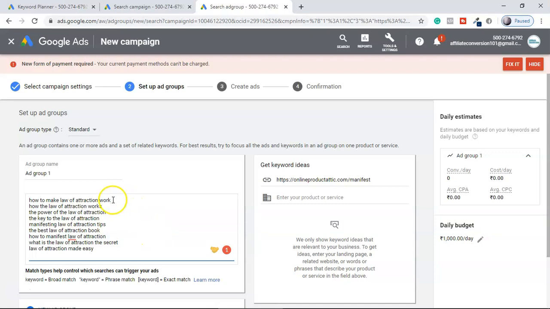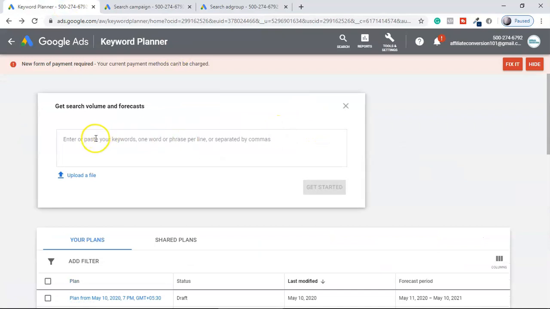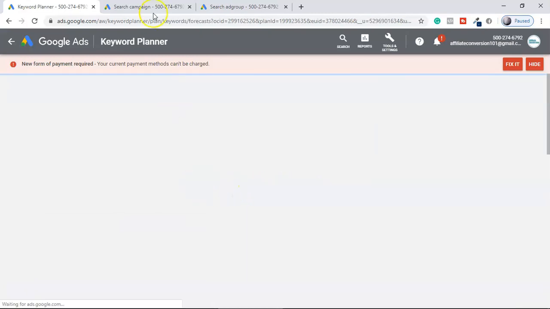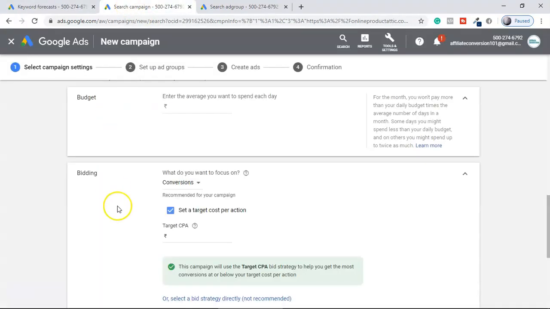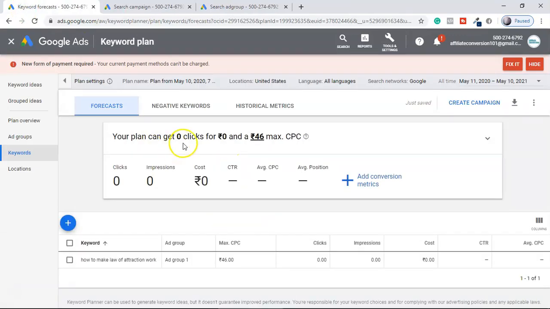Now, if you want to know the cost per click for each of these keywords, just copy the keyword and go to the Keyword Planner, and get the search volume and forecast by putting the keyword over here. This will help you get some idea about your keyword so that you can set up the budget and bidding. For this one, you can see it is showing 0 clicks.